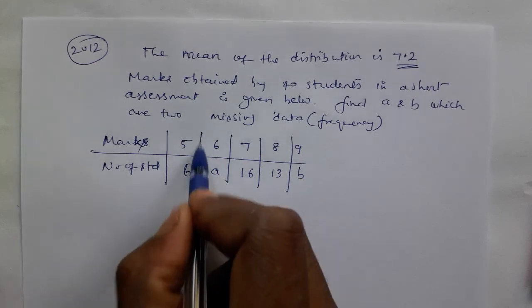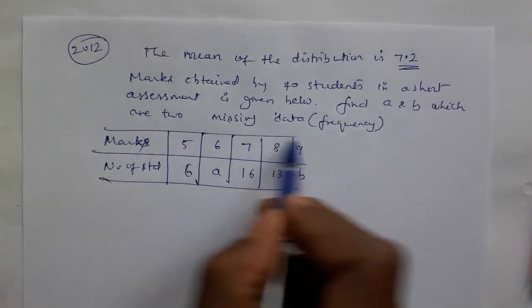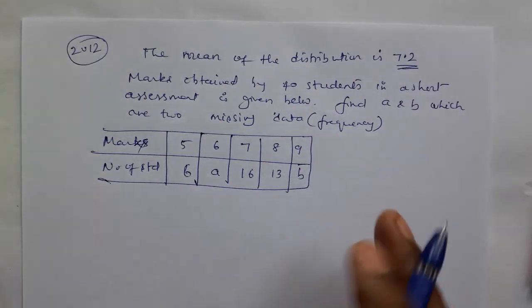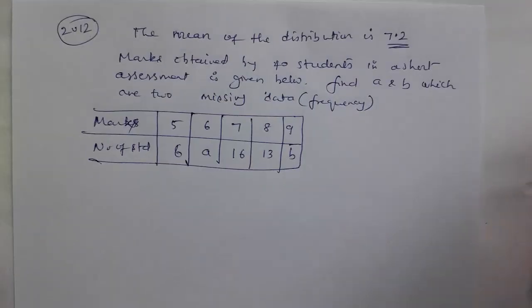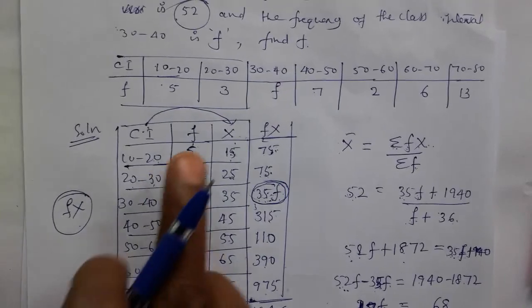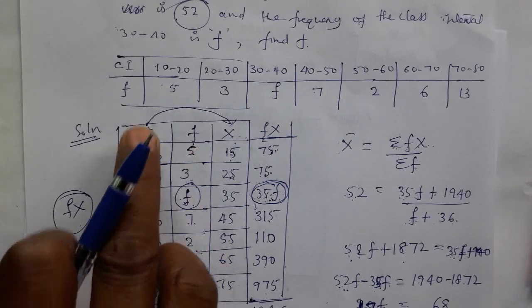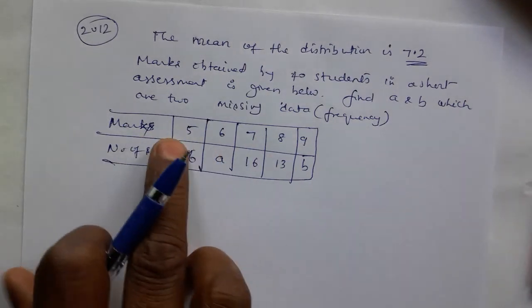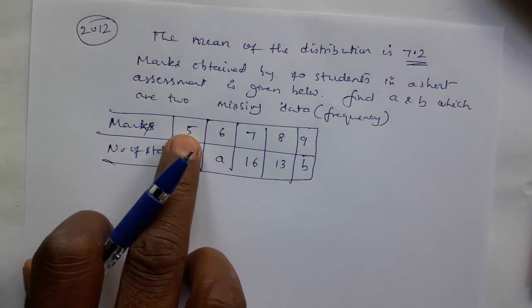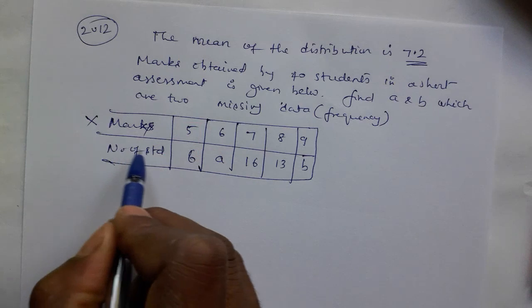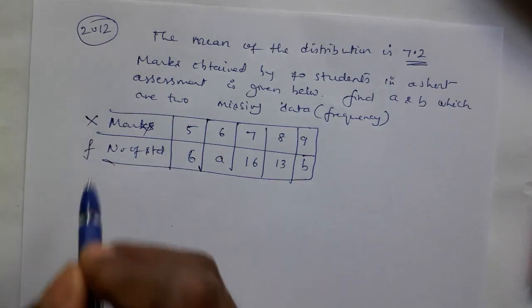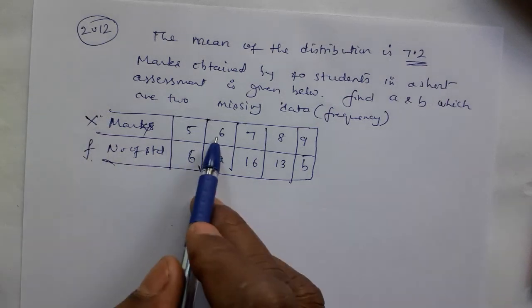Look, this problem is not with the class interval. So if class interval is not given, the problem becomes still easier because there is no need to get the mid value. If class interval is given, like the last problem with class interval and frequency, we converted class interval into x. But in this problem, class interval is not given directly. So if class interval is not given, that is directly taken as x. The number of students, number of people, this number always indicates the frequency. Look at here, x and f are directly given.